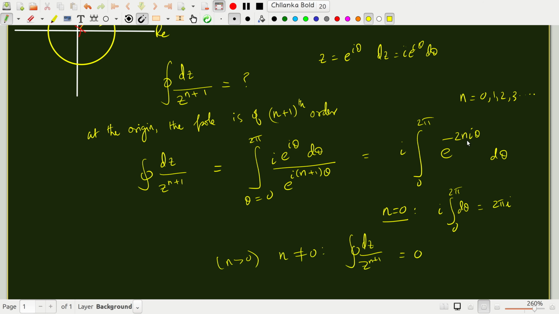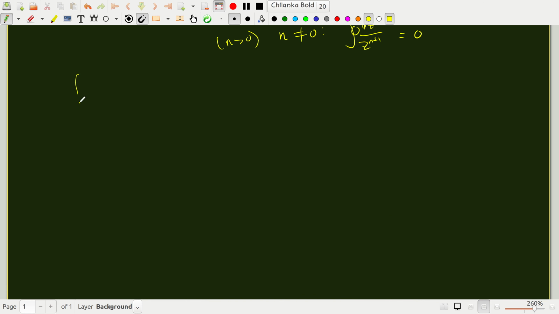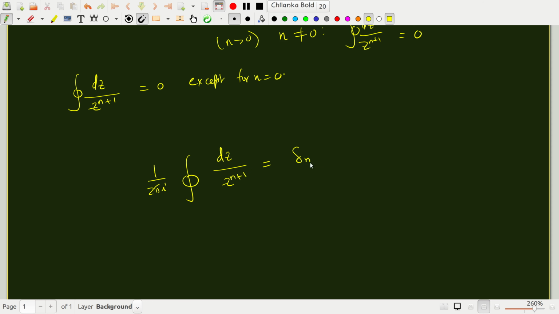If I say n is 1, it's e to the minus 2i theta, right? Then you will find that it is actually 0. So we can therefore say that the integral of dz by z to the n plus 1 is 0 except for n equal to 0. Okay, so we can further say that 1 over 2 pi i times the integral, where the contour is about the origin, of dz by z to the n plus 1, you can write this result in terms of a symbol called the Kronecker delta,